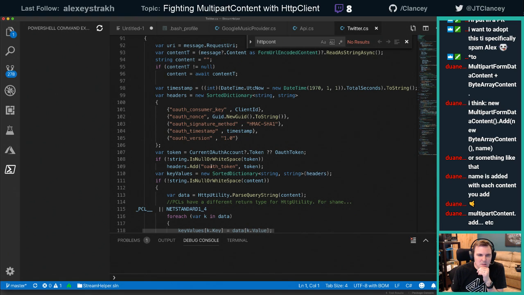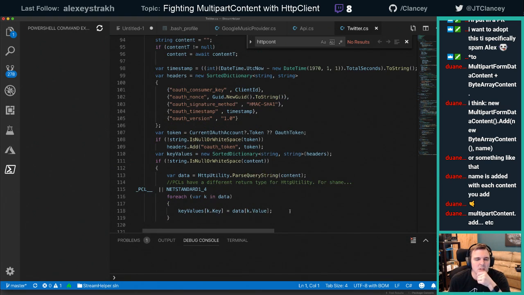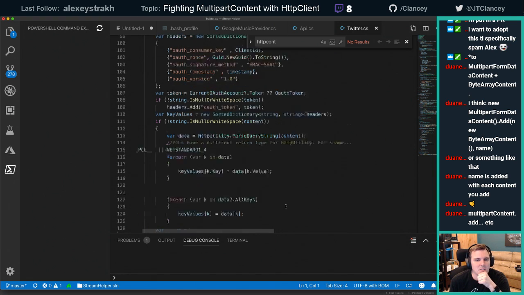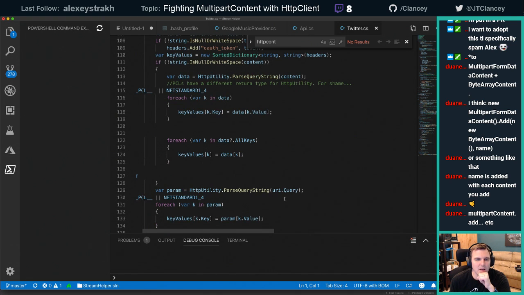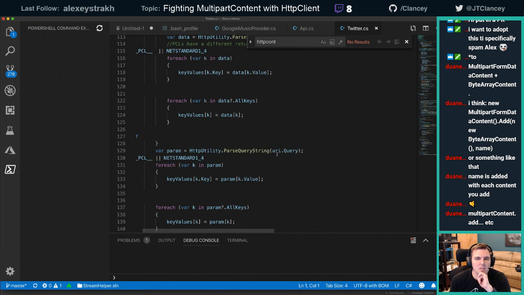So here are headers, key values, new sorted dictionary. Yeah, I have a sorted dictionary and it's doing it. Add those headers in. So that's sorted, so it does. Data is that, get all of that out. The parameters now uses